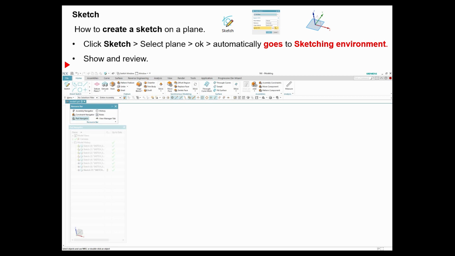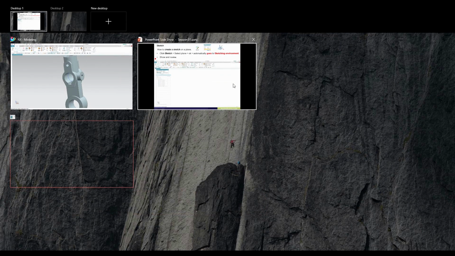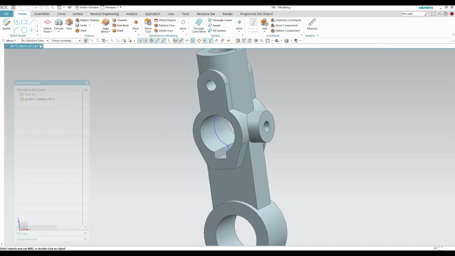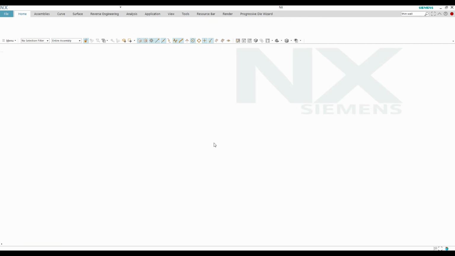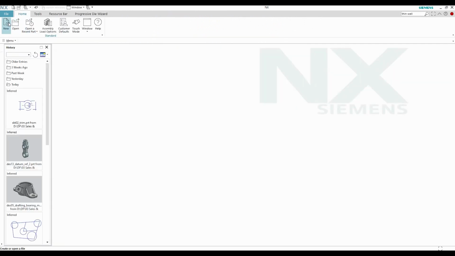All right, so let's go ahead and show you the workflow of creating a sketch. At this point, you already entered the new part, for example, and I'm going to create a sketch, right? The way you would do that is click on sketch, select the plane, and click OK, and it automatically goes into a sketching environment. So if I do that,